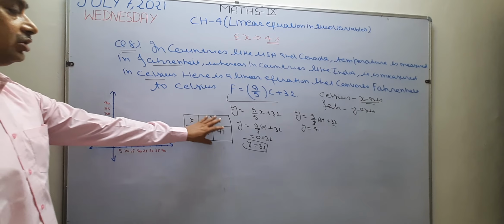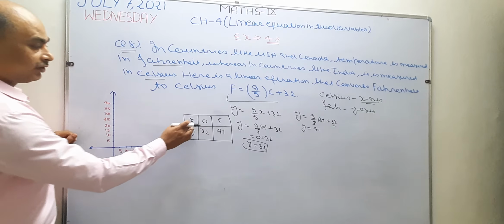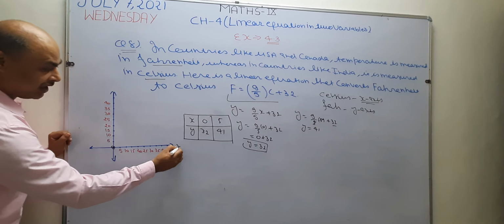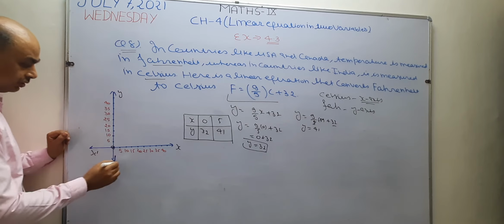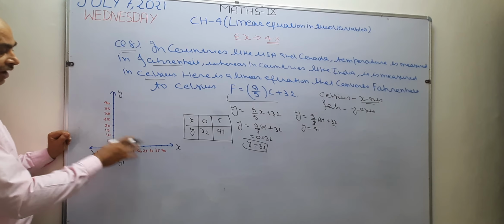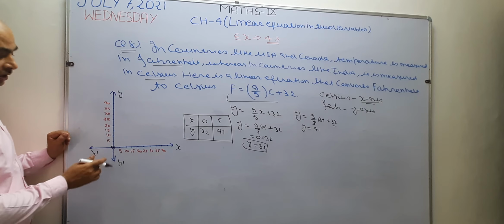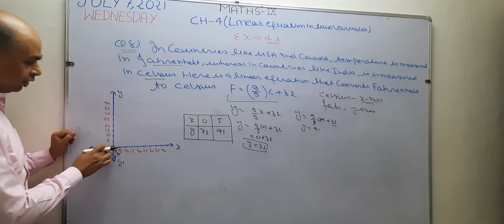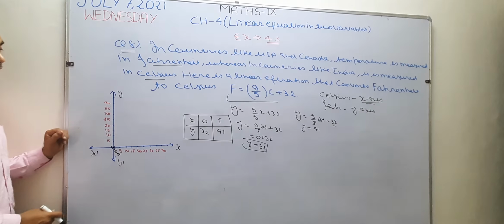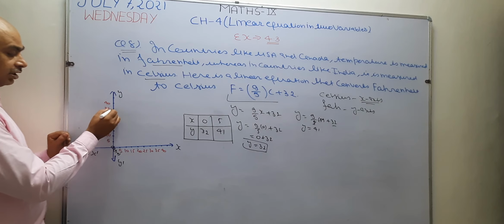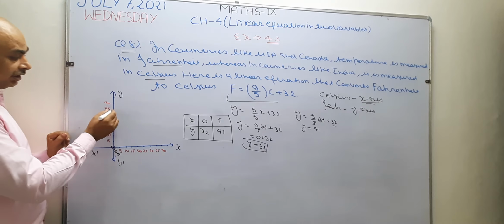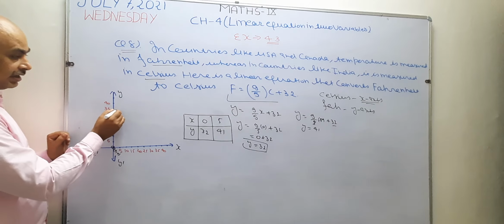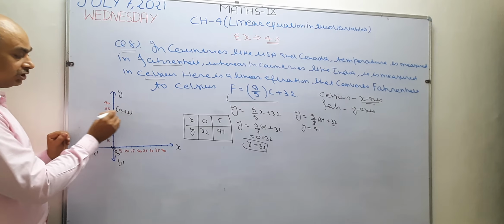Now I want to represent these 2 points on the graph. Now what is given? x equal to 0. Where is x 0? At the origin, the intersection of 2 lines. This is your x-axis and this is your y-axis. When two axes intersect each other, that point is known as the origin, and at the origin x and y are both 0. x is 0, so this represents x = 0 and the value of y is 32. Where does this 32 lie? See, between 30 and 35, 32.5 is there. Take 0.5 lesser, so this point represents 32. So I write here (0, 32). This is the first point.